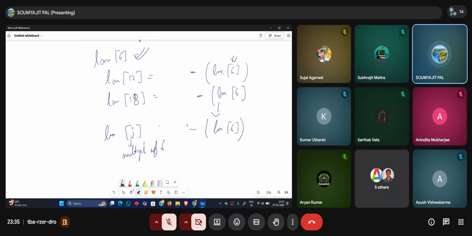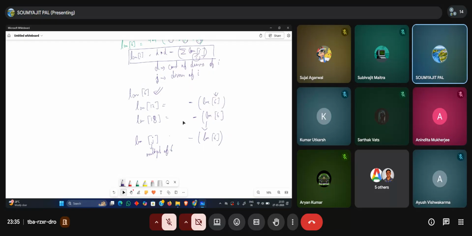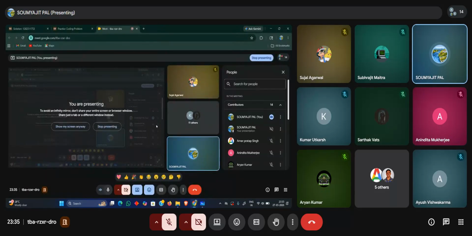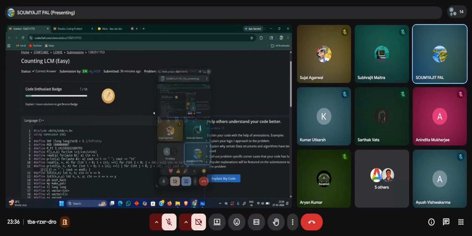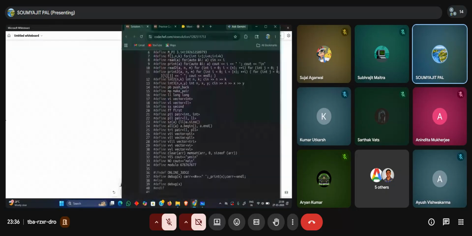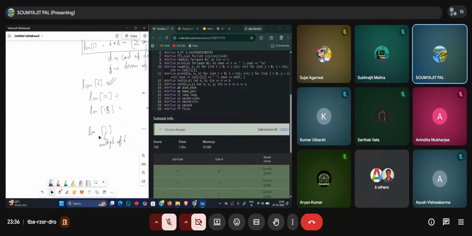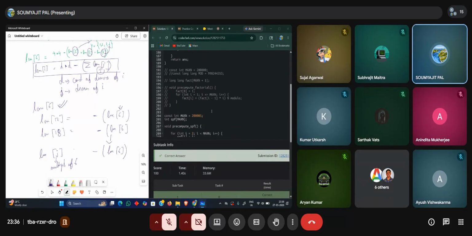So I'm getting the intuition of how to compute this. Just look at the code, you will understand more clearly. Wait a minute, let me do split screen. Yeah, right. So if you look at the code,